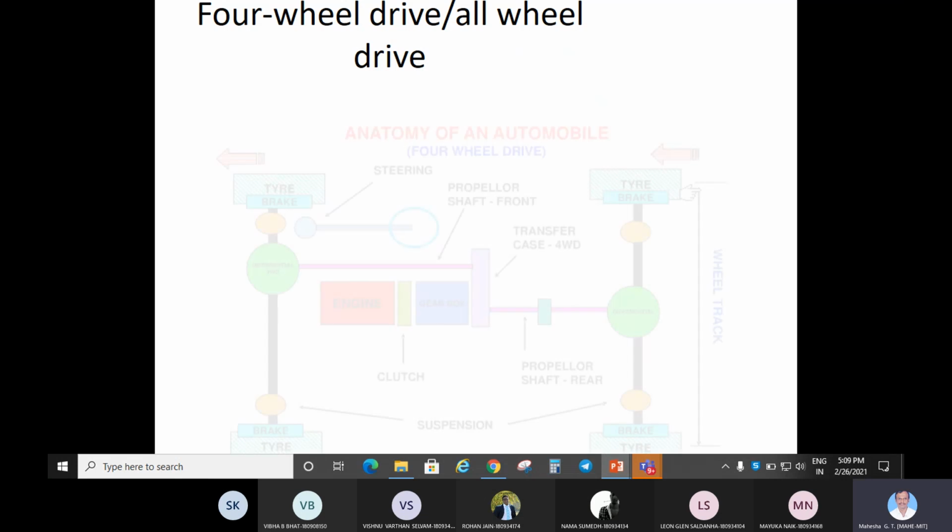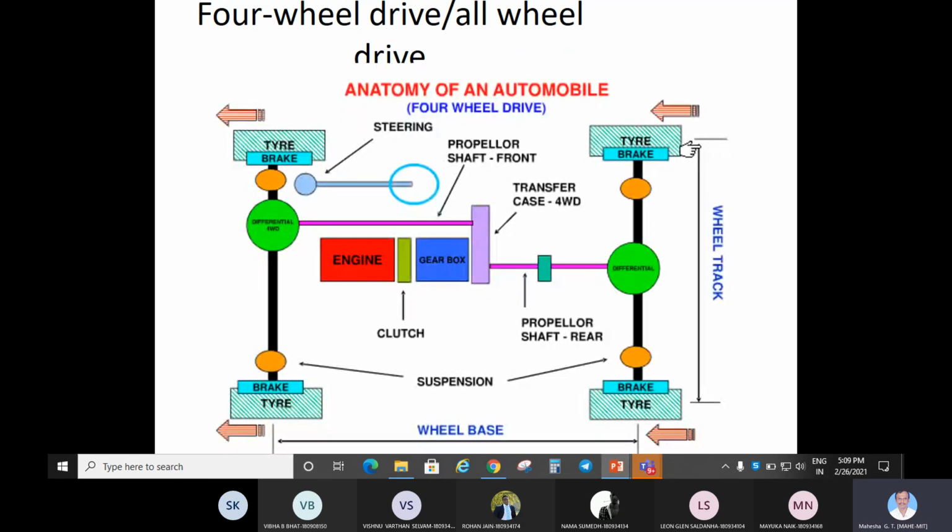Four-wheel drive layout, essential feature. You can show this pictorially. You draw this, this is good enough. This is simple also. This is the engine, mid-mounted maybe. Front axle, rear axle. The same thing is shown in 2 dimensions. This schematic you can easily draw and show, with wheelbase, wheel track, and all this. So I expect you to show this pictorially as and when there is a necessity.